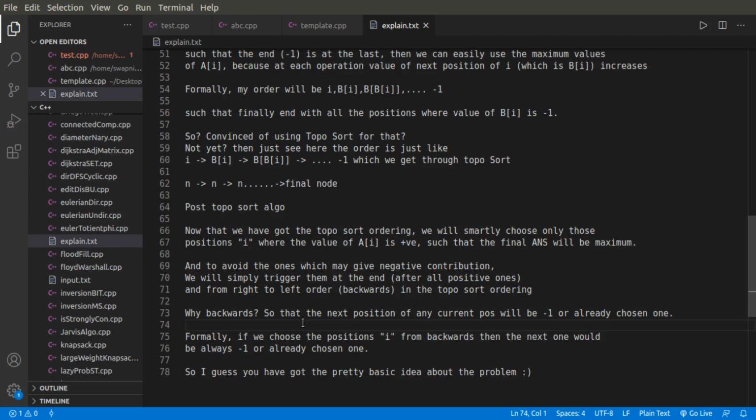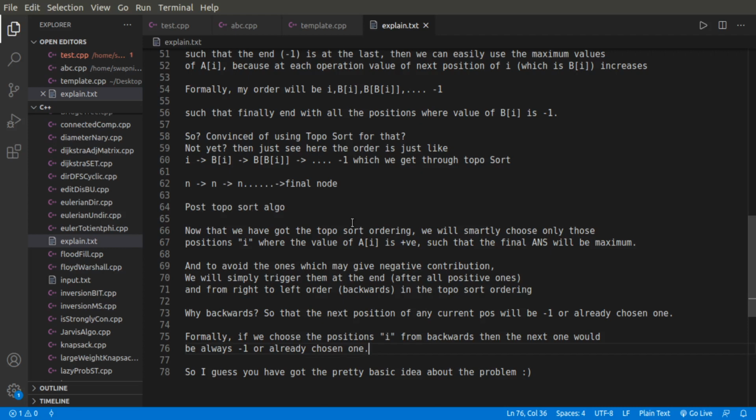I have to make sure that when I activate these positions, it won't have any effect on my answer, because it would just minimize or negatively affect it. So formally, if we choose position i from backwards, then the next one would always be -1 or an already chosen one, so my answer will not get affected.